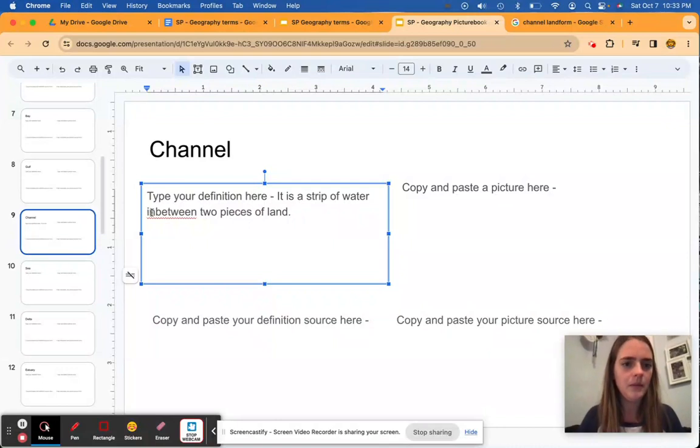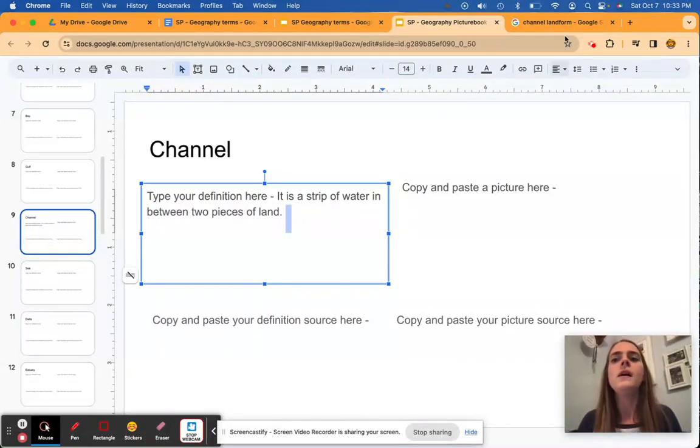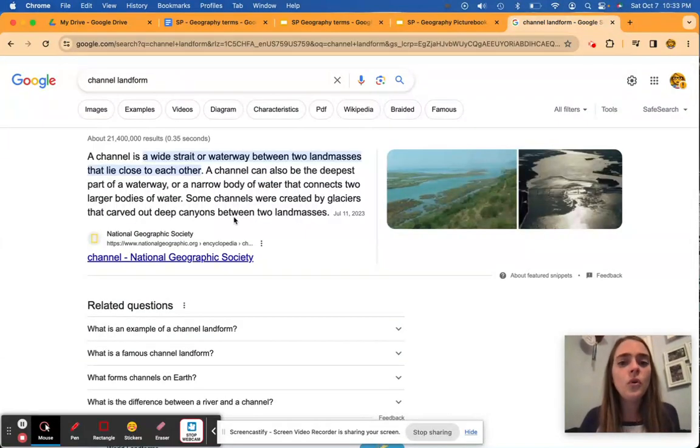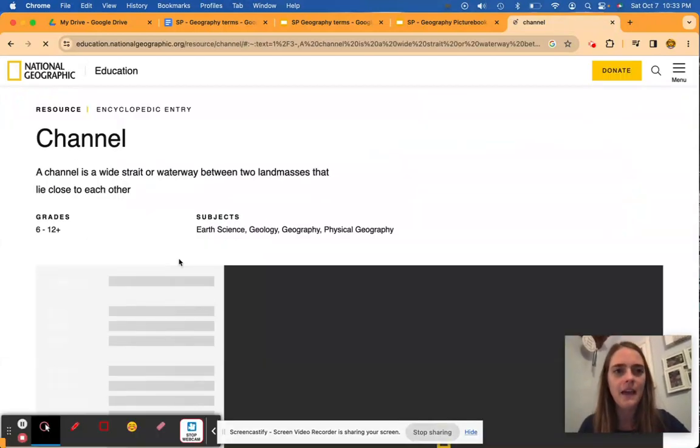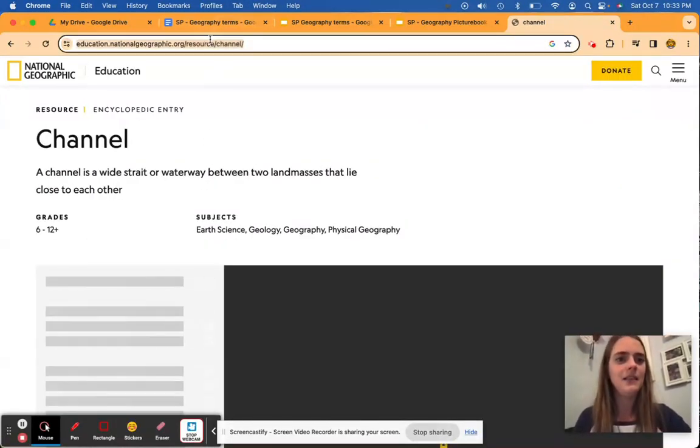And I should probably make that actually two words because I think that's why I underlined and got mad at me. Okay, cool. All right, remember, we need our source. Remember, Google is not your source. I know that Google pulled it up for you, but Google got it from National Geographic. So I got to click on that. This is my link that leads me to my source.